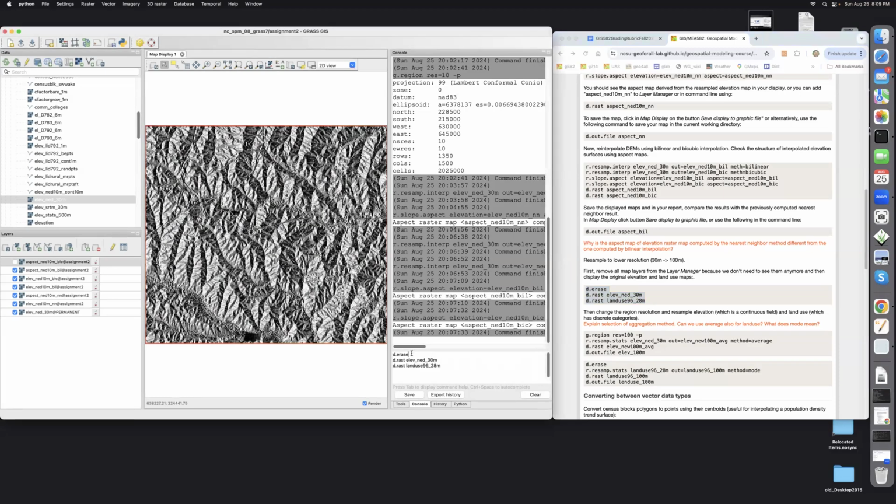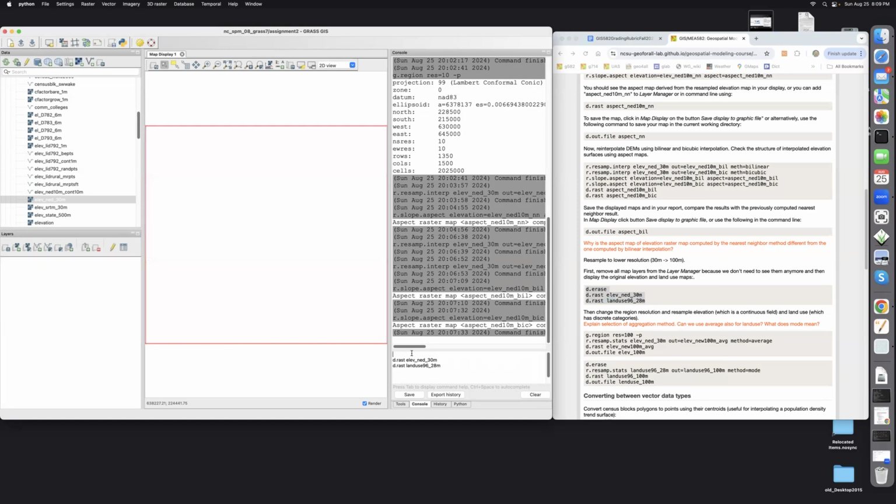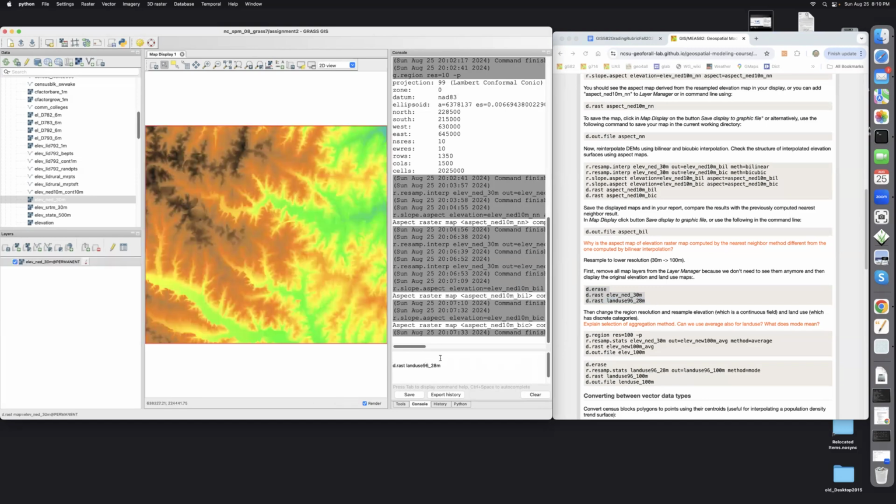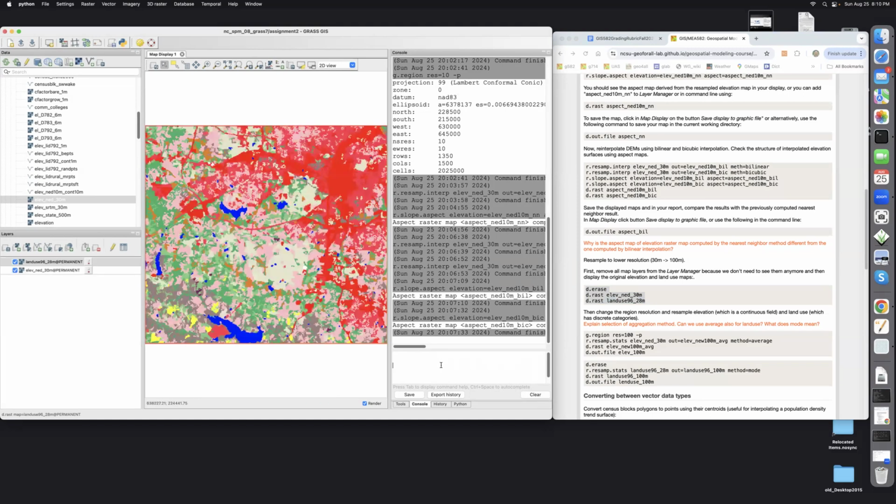So first, let's just remove all the files that we have in the layer manager. And let's display again our 30-meter DEM and also the land use map, which has resolution close to 30 meters. It's about 28 meters. And now